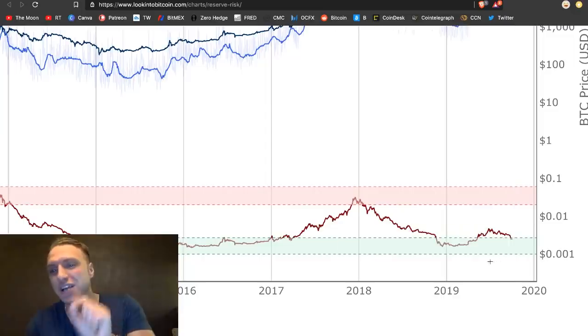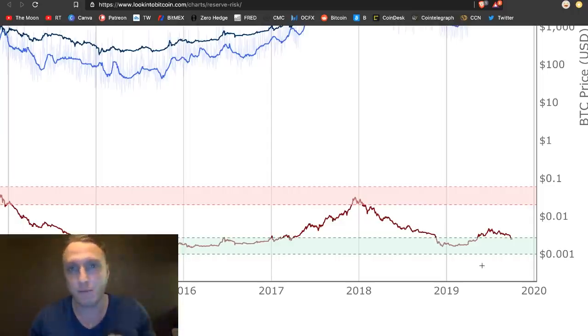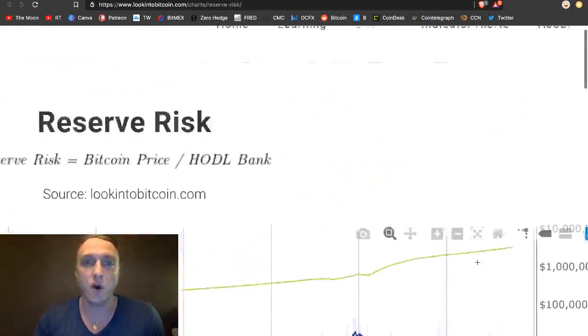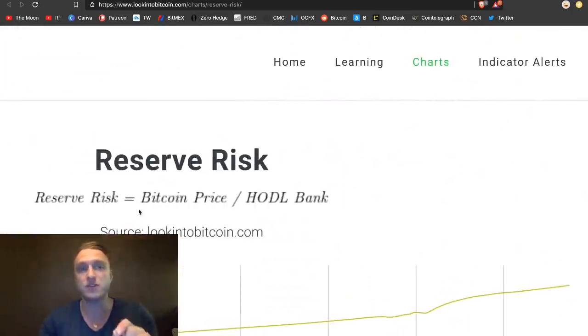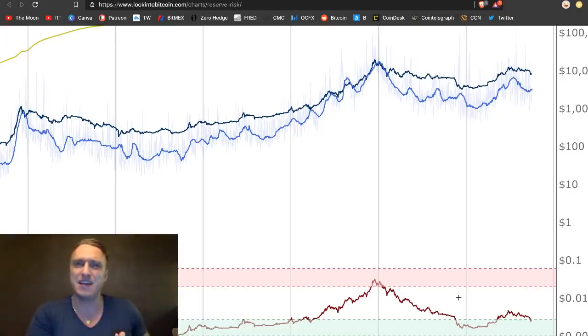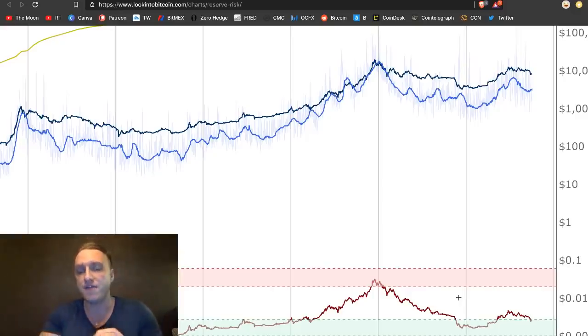But right now we are just the second time in this year entering the buying zone. We are entering it, and that's the most mind-blowing thing. Not at prices of 3,000. We are already entering it at 8,000. And if we go back, you see that this reserve risk is calculated taking the price into consideration. So we can see that at the exact same price levels as in November, as we crashed down in 2018 to 4,800, 4,500, we have the same disparity, we have the same fear, we have the same amount of weak hands being shaken out of the market.